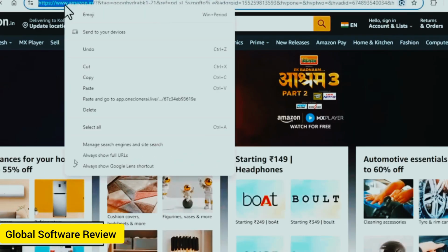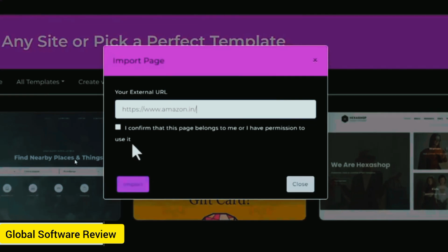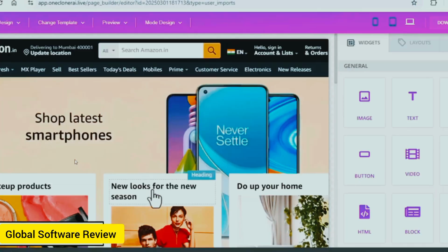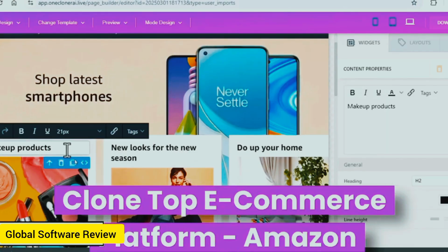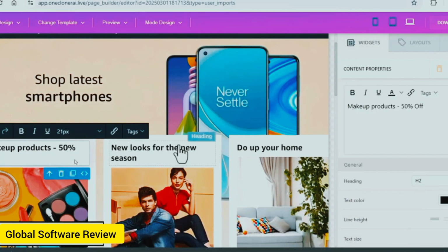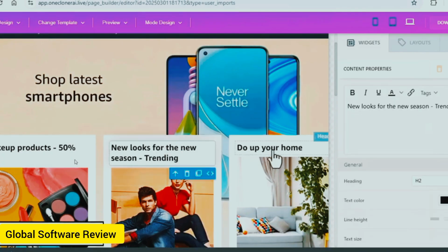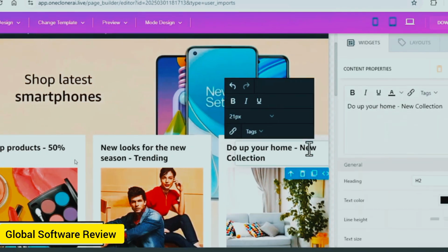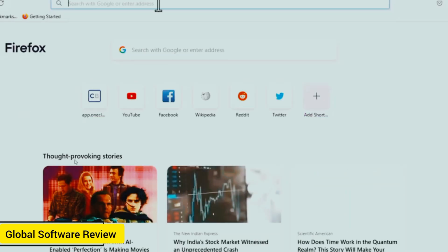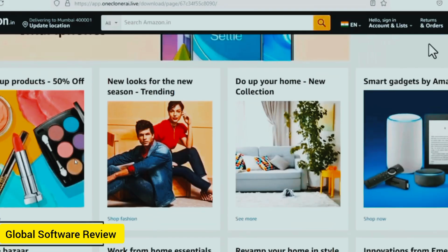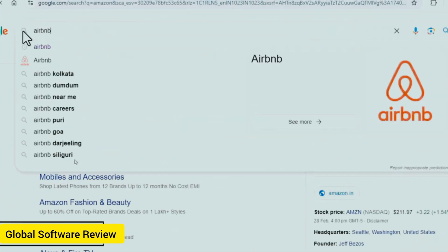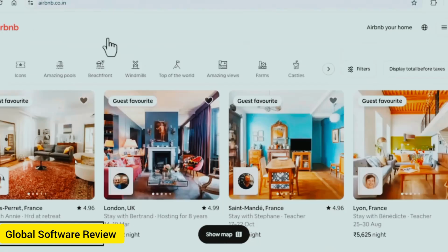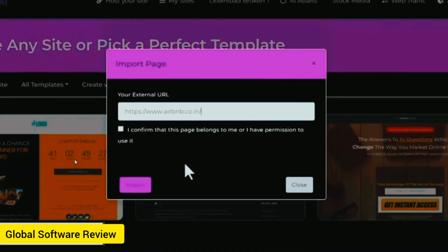So there is a checkbox that says, I confirm I have permission to do this, to clone a website, but most people aren't really going to ask permission for someone else's website to clone it unless they're promoting their product as an affiliate, for example. And obviously you're not going to try and rip off the Amazon website, because you're not going to get away with that. I think the best use case for this is to clone landing pages that are pre-selling affiliate